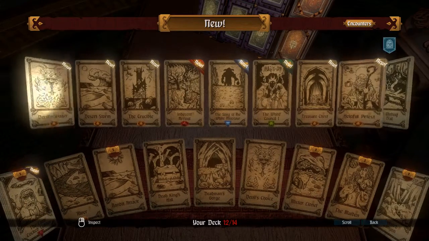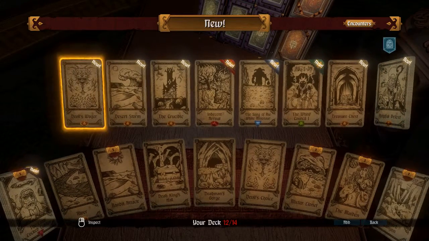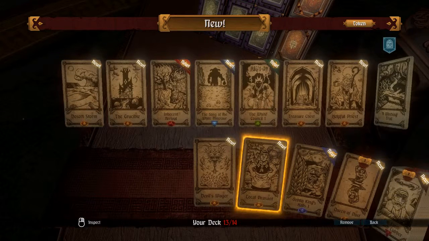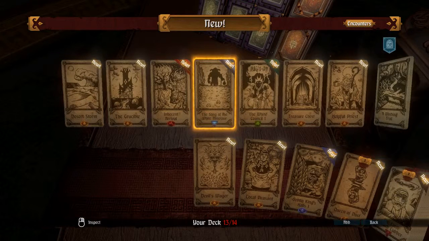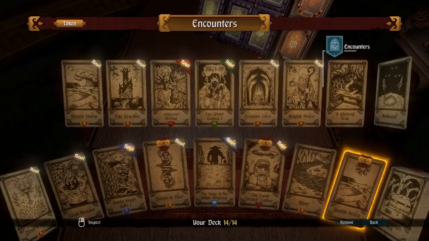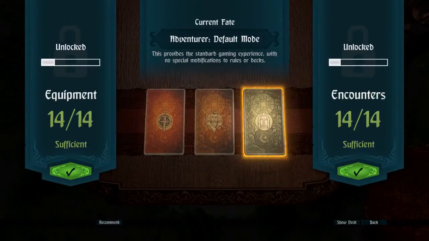What I now have access to, because I've completed Devil's Choice before, is Devil's Wager. I'll tell you what, I'll take that as well. Look, they either pay off really well or they pay off really terribly. The Soul of the Wonders one. Why not? So essentially these encounter cards that we have here